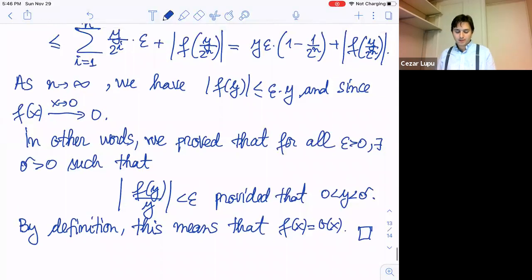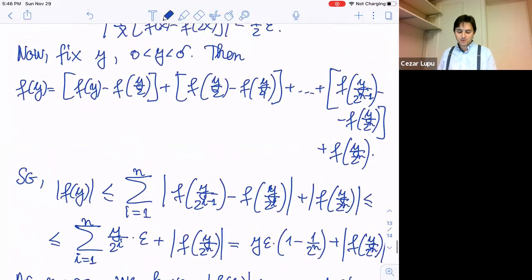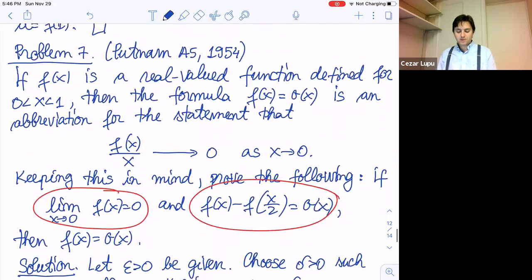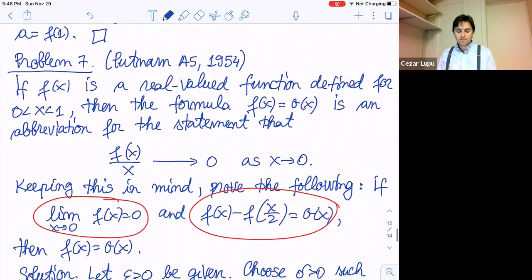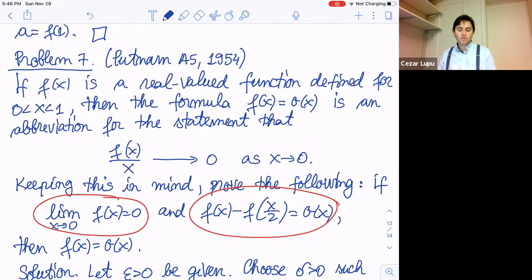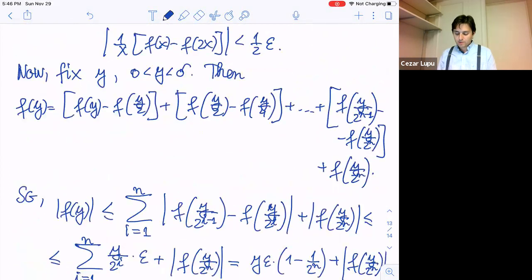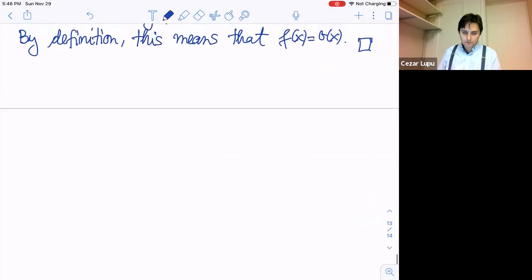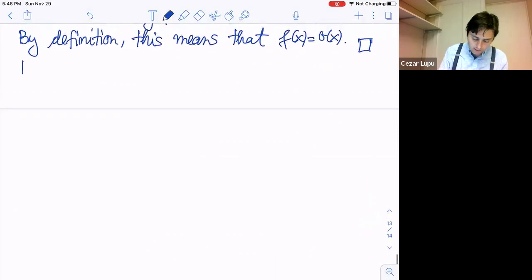All right, so that was the problem. Well, it was a bit tricky. That was problem A5 in 1954, long time ago though. And now let me do something else. So that was problem number 5, I think. Now problem 6,